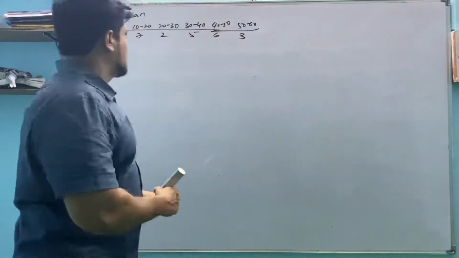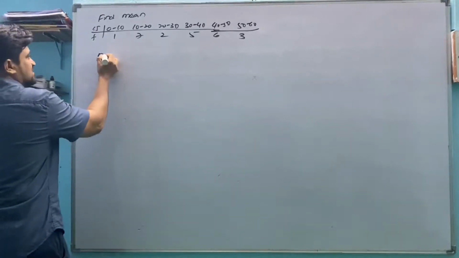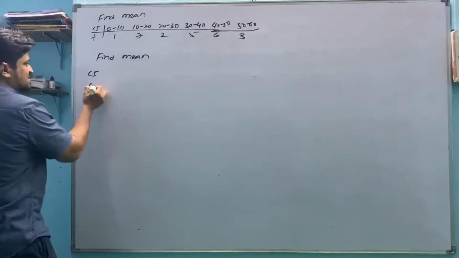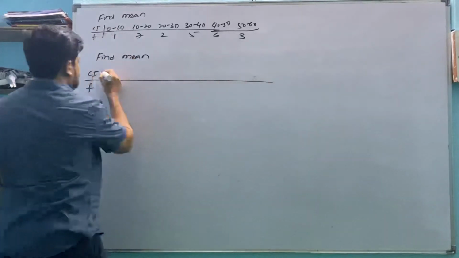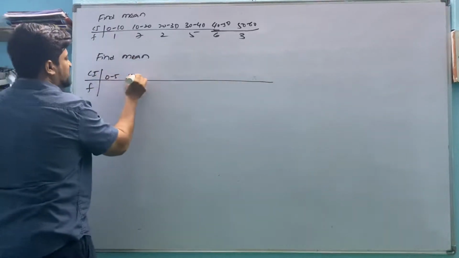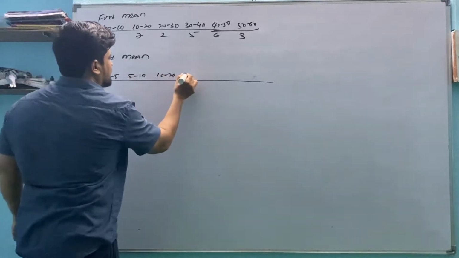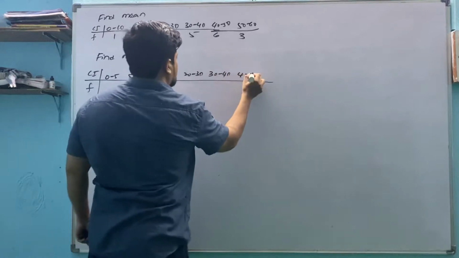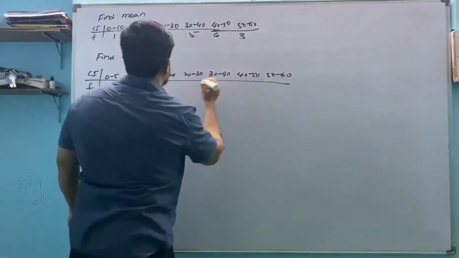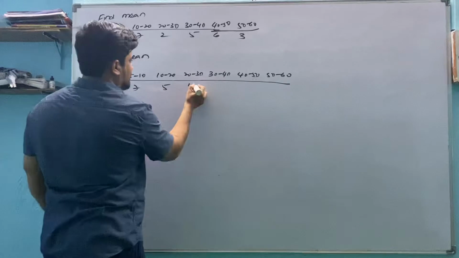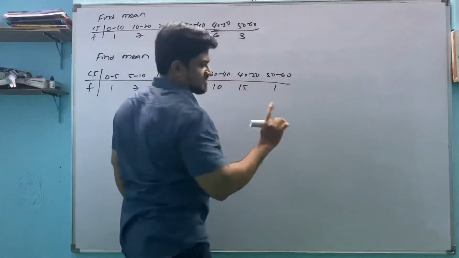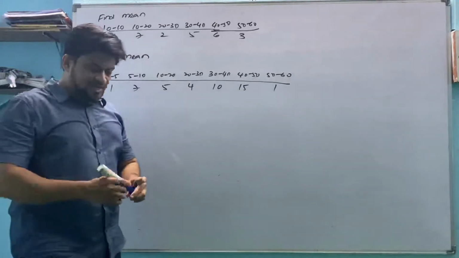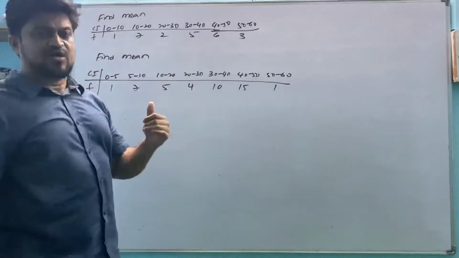Now, in exam, they'll ask you in this way. Find mean or median or mode or anything. Class interval is given to you. Frequency is given to you. 0 to 5, 5 to 10, 10 to 20, 20 to 30, 30 to 40, 40 to 50, 50 to 60, with frequencies 1, 7, 5, 4, 10, 15, 1, whatever. Some values are given. By seeing this question, if they ask you to find mean or median or anything,